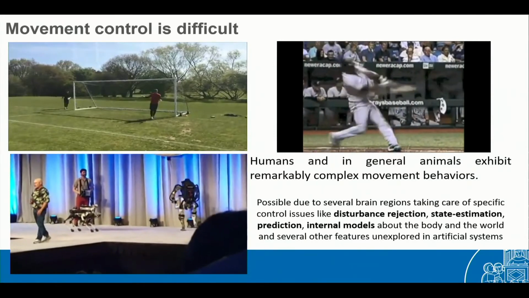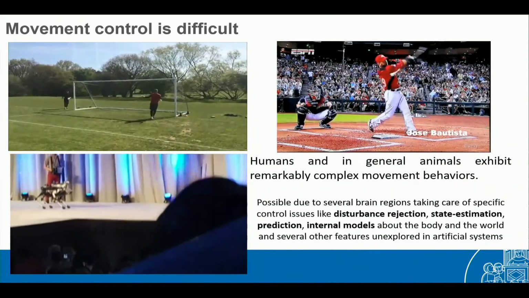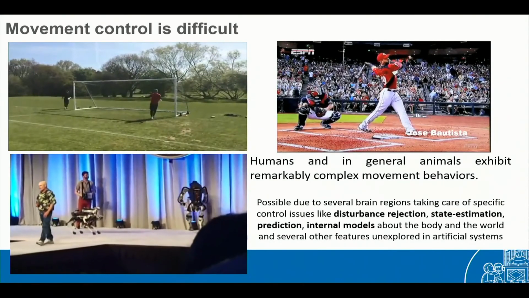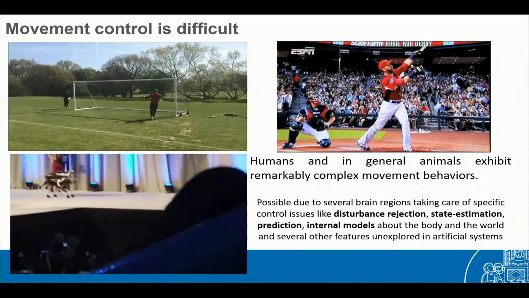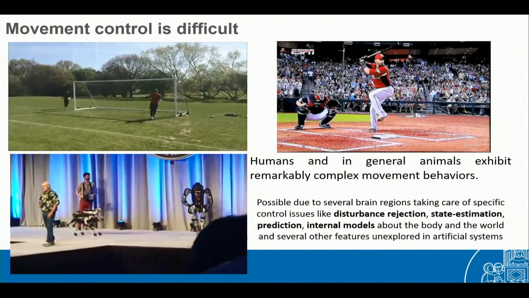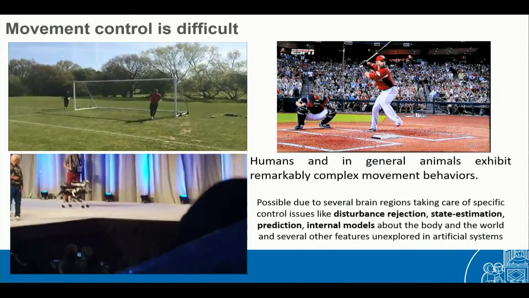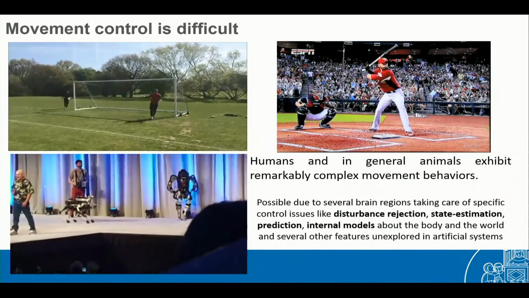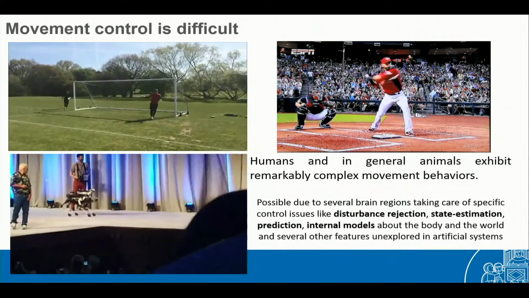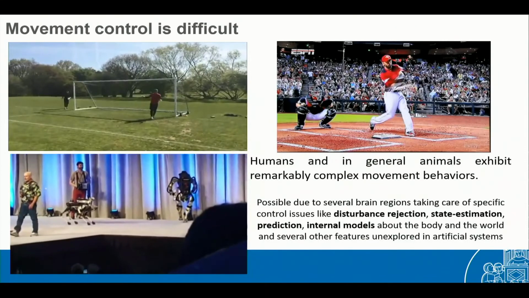If we consider a humanoid like this one in the movie, consider that it has a very high number of degrees of freedom, and at the same time it has to control the different joints but also understand what is going on in the environment. So we try to rely on neuroscientific evidence and models in order to improve the capabilities